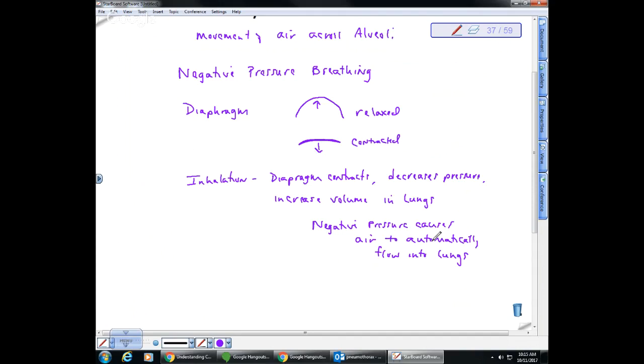Now this is different from what happens when we use a ventilator. When we use a machine to ventilate the lungs, that is positive pressure because we're forcing air into the lungs. But our natural way of inhalation is negative pressure breathing. Okay. So when we look at the exhalation,